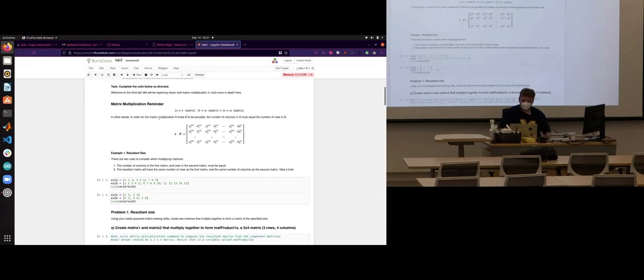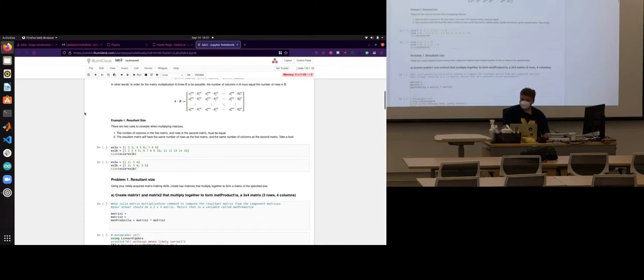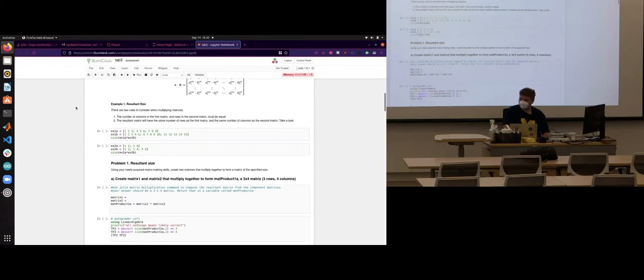So, brief reminder of vector and matrix multiplication. You have an n by k matrix here. You multiply it by a k by m matrix, and your resulting matrix is n by m. So the resultant matrix has the same number of rows as the first matrix, the same number of columns as the second matrix. This also gives you a hint that the order of your matrix multiplication matters. So A times B does not equal B times A, much to the detriment of some of my homework assignments